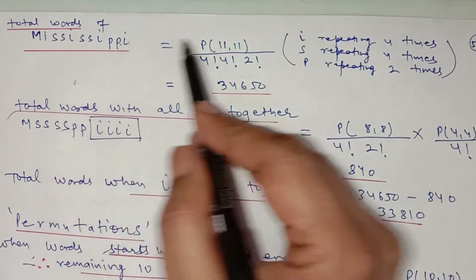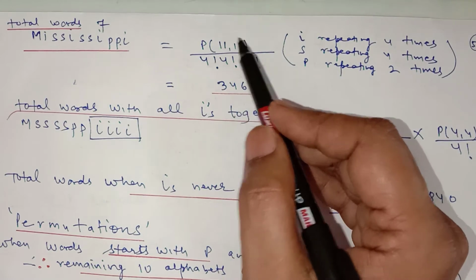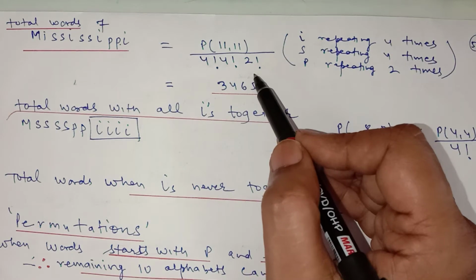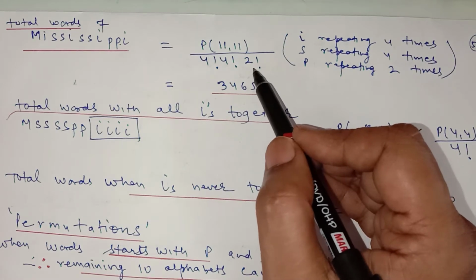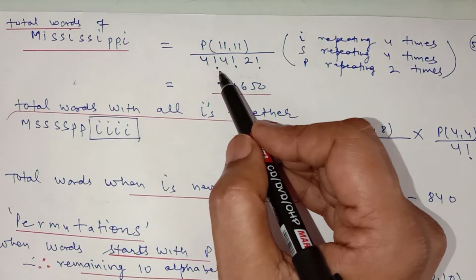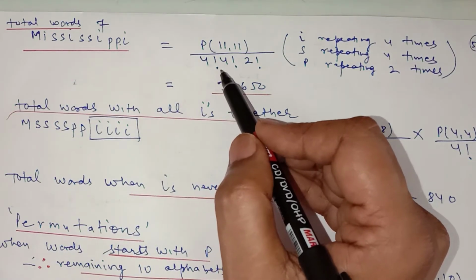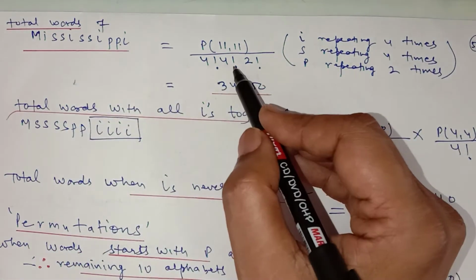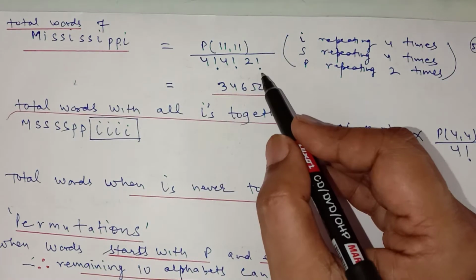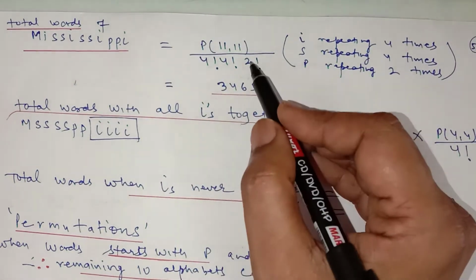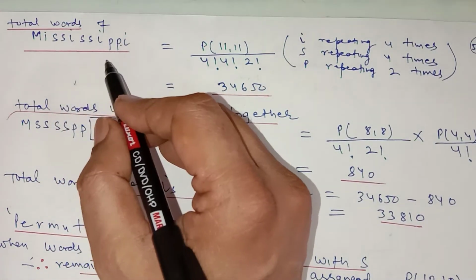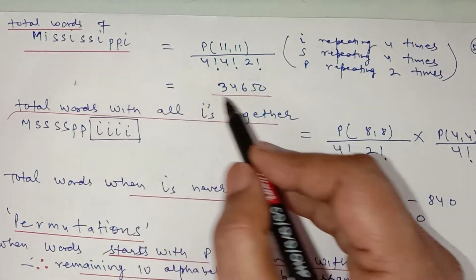So how many words can we make by using all the letters of the word MISSISSIPPI? We have 11 alphabets. So permutation of 11 divided by factorial 4 into factorial 4 into factorial 2, because the alphabets are repeating. Because S is repeating 4 times, divided by 4 factorial. This we have discussed in the basics of permutation. And because I is repeating 4 times, divide by 4 factorial again, and P is repeating 2 times, so divided by factorial 2. So that is the total number of words of the word MISSISSIPPI, in which S is repeating 4 times, I is repeating 4 times, and P is repeating 2 times.